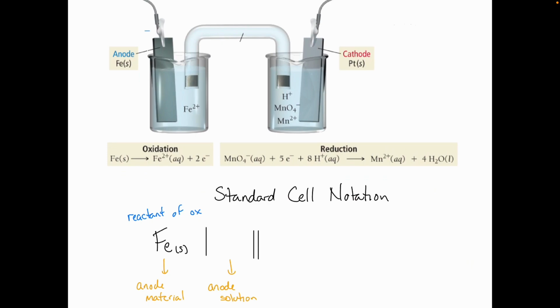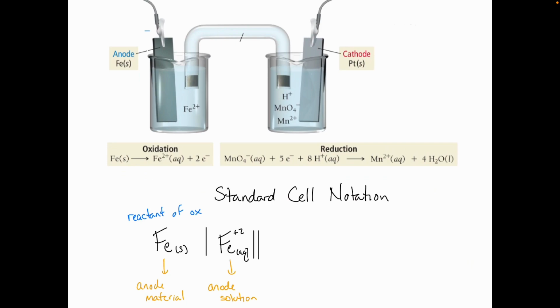That's what our anode is made out of. Our anode solution are those iron 2 ions. Okay, so this one we should be able to do just by analogy of what we saw in our previous